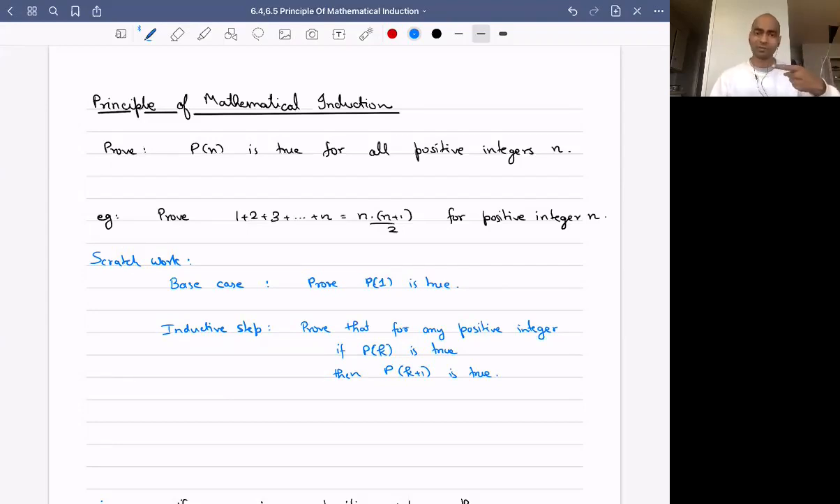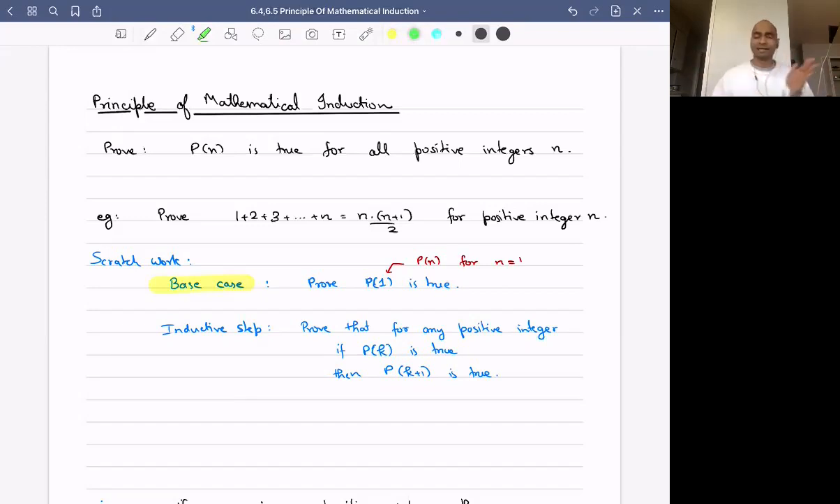The first statement you prove is called the base case. The base case says that prove that P1 is true. Okay, so take the statement that you have above and prove it for n equals to 1. And then the inductive step tells you that you prove the statement that if Pk is true, then Pk plus